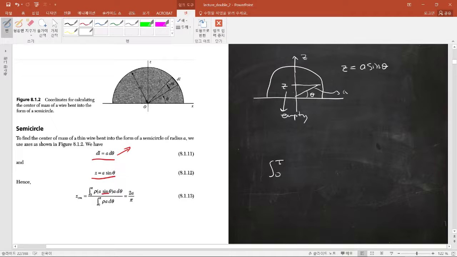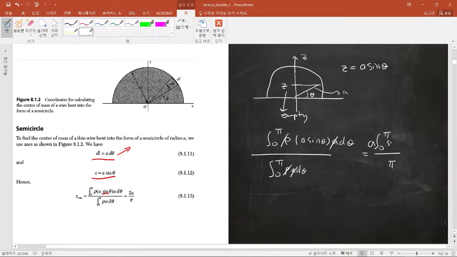From 0 to pi, rho a d theta, and from 0 to pi, rho a sine theta a d theta, and this one cancels, and also the 1 over a cancels, and that should give you pi, and this one is 0 over pi times a sine theta, and that we know is 2, so therefore it must be 2a over pi. Okay,